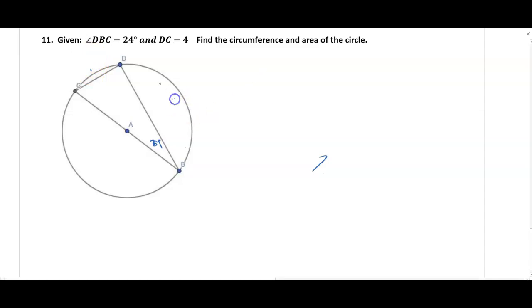So they want us to find the circumference of the circle. Okay, so to find the circumference of the circle, I'm basically going to use trig to find this diameter. So if I can find that diameter, that's huge, right? So this is the side opposite. This is the hypotenuse, which is going to give me the sine ratio. So the sine of 24 degrees,